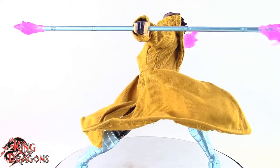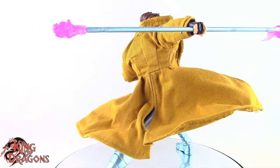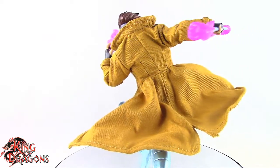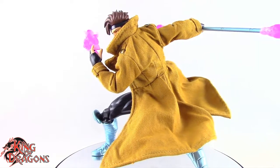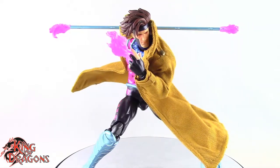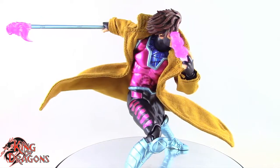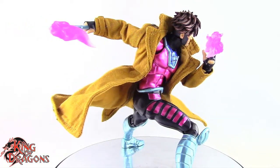and with the amount of detail and accessories he gets, it is no surprise that I absolutely love the way this figure came out, with a few minor nitpicks being the jacket being too light and maybe wanting another head sculpt. I still think Mafex did a fantastic job with Gambit. Now, if you are looking for the Mafex Gambit, if you were like me and passed on it, you made a grave mistake. This is an absolute knockout figure, as I already said. This figure has everything you need in a Gambit figure in terms of accessories,